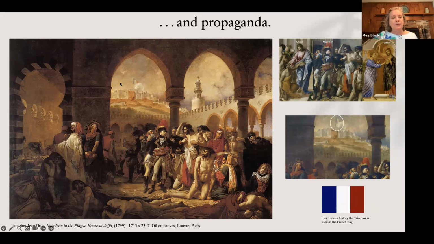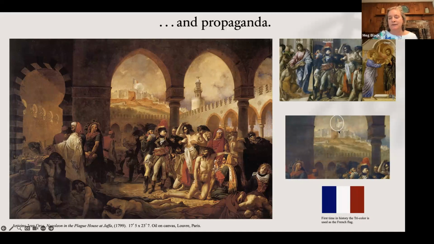And in the background, we see what all of us would assume to be the French flag. Well, there it is. There's the tricolor, right? Right in the background. But the reality is that here are images of Christ doing something very similar to what we see Napoleon doing. We can see it coming right off of this image right here. This is not the French flag. This is the flag of Napoleon.